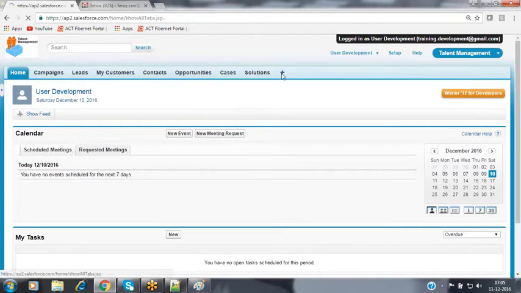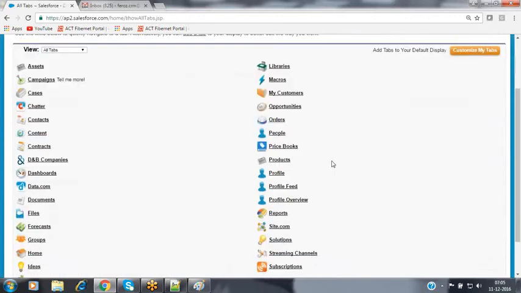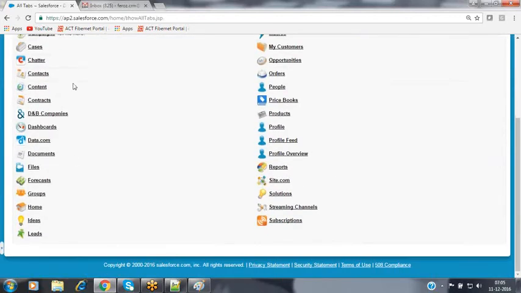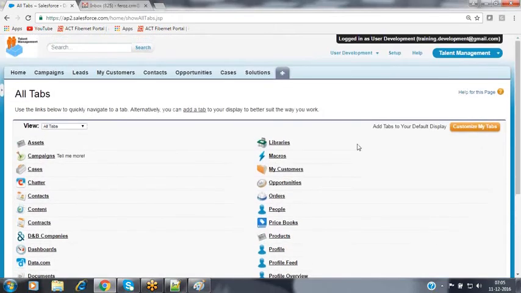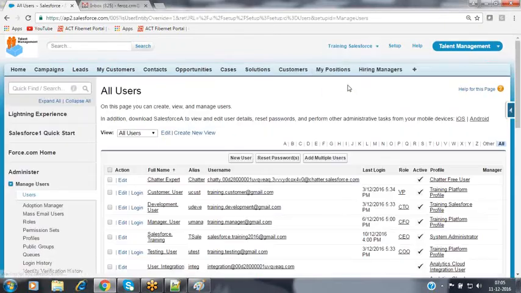When you click on the plus in order to make those tabs visible, those custom object tabs will not be visible to you. You cannot see those tabs because the tab is associated with an object. If you don't have object access at the object level, then you cannot access the associated components either. So this user will not have access at the object level. Now I want to grant access on one of the objects here.